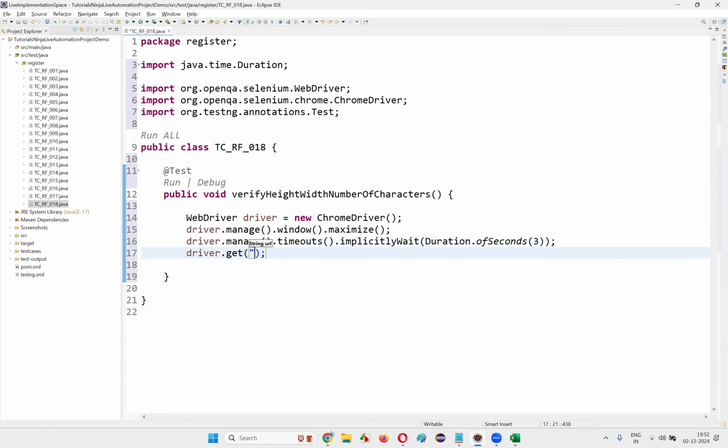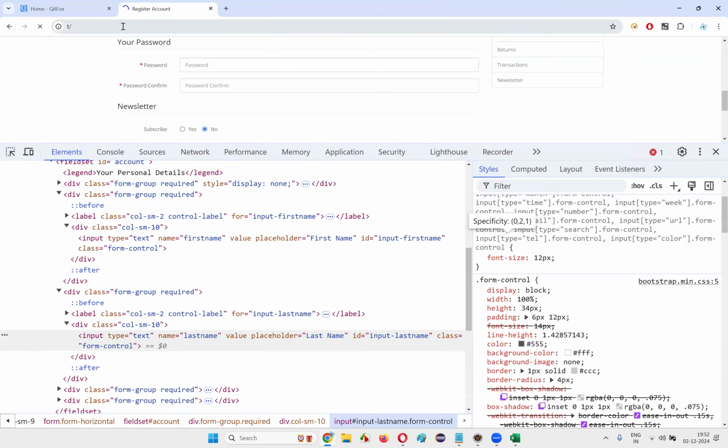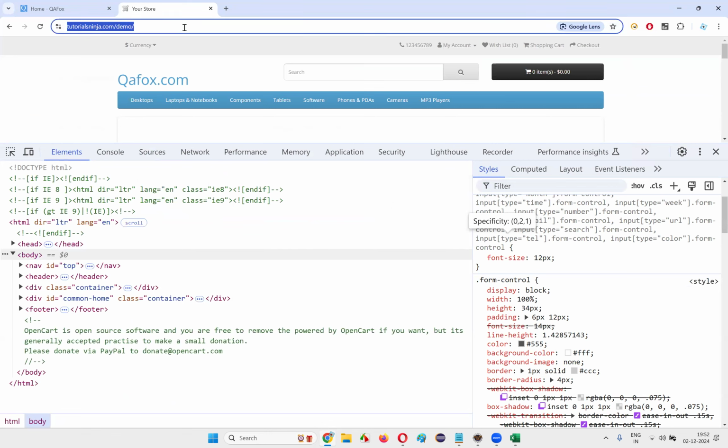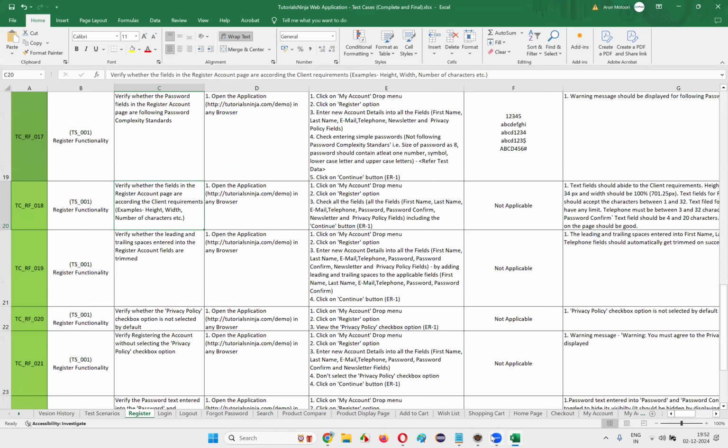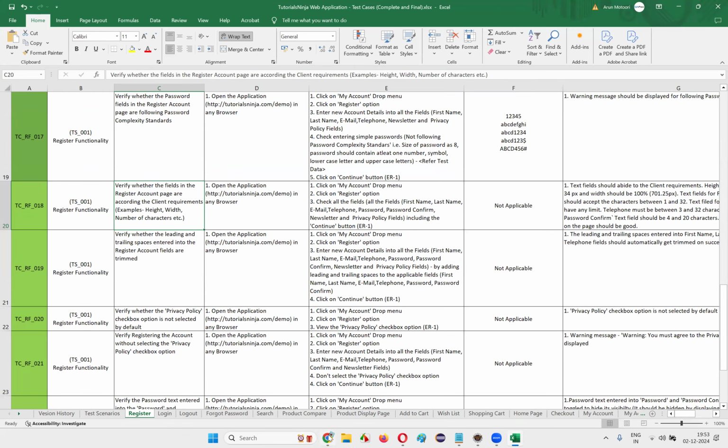Then I'll give the driver.get command. I'll give the application page URL here. These are the common steps that we have in every test case. Fine. After opening the application URL in the browser,